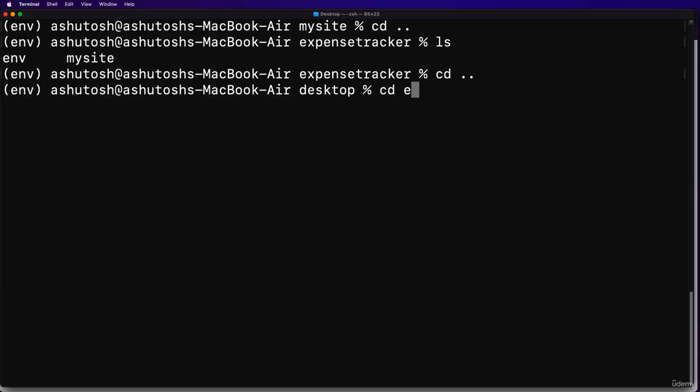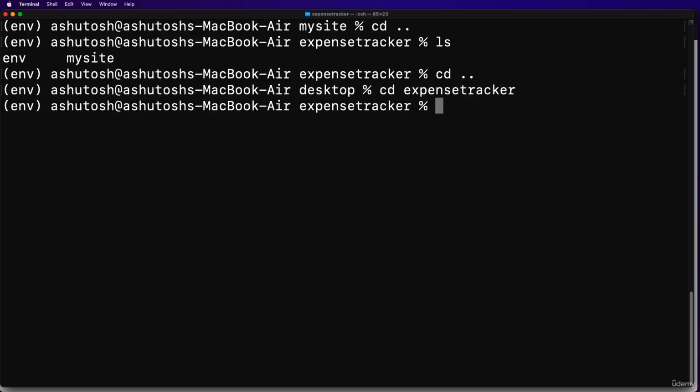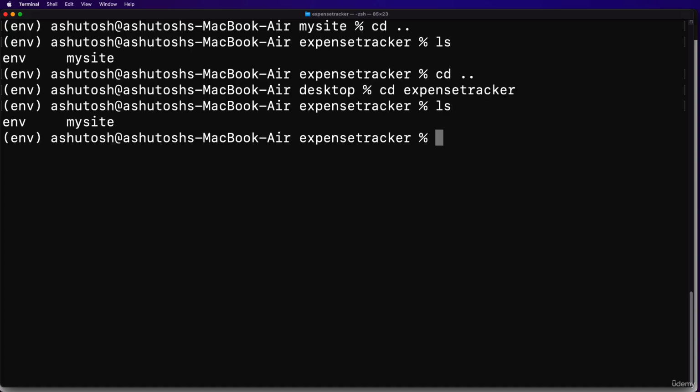So first of all, you have to go into the expense tracker, and the expense tracker is actually the container which contains the virtual environment as well as the Django project. But in there, we actually have to go inside our actual project directory, which is in this case my site. So I would type in cd my site. And now once we are in this my site directory,